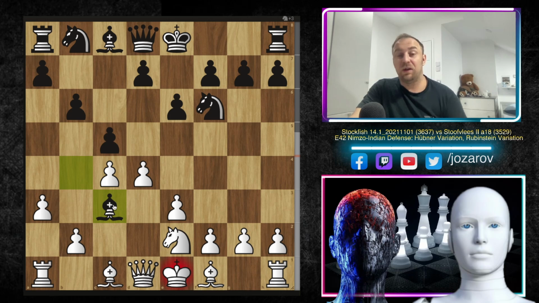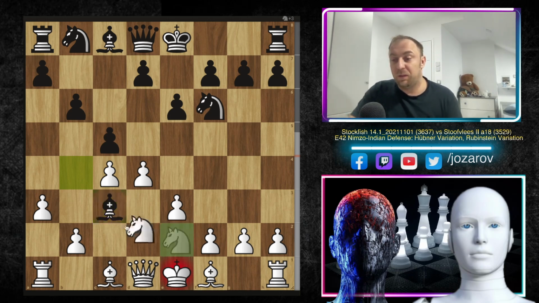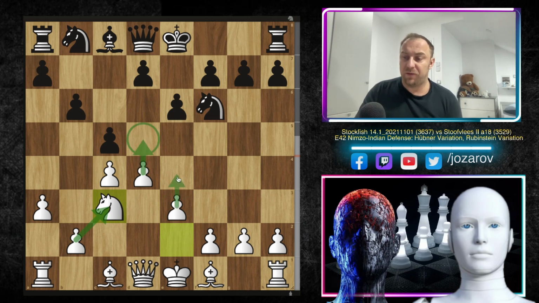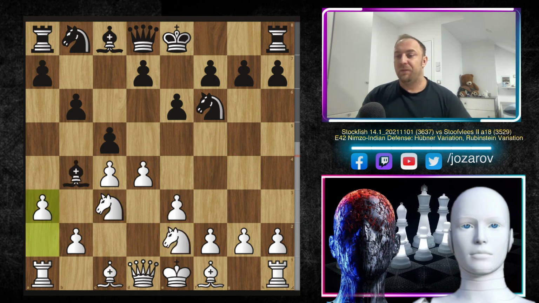Black has to take the knight on c3 immediately, because knight to c3 is threatened, and then you see White has, I think, a much better position, because White didn't mess up his pawn structure here on the queenside, so we don't have a doubled pawn structure on the c-file. And the most important thing is that White is continuing the game with a brilliant bishop here. In the near future we can expect moves like d5, then e4, and then finally this bishop will come into the game very actively. So that's why this Hübner variation that Black is playing after the move a3 with the preparation of the move c5